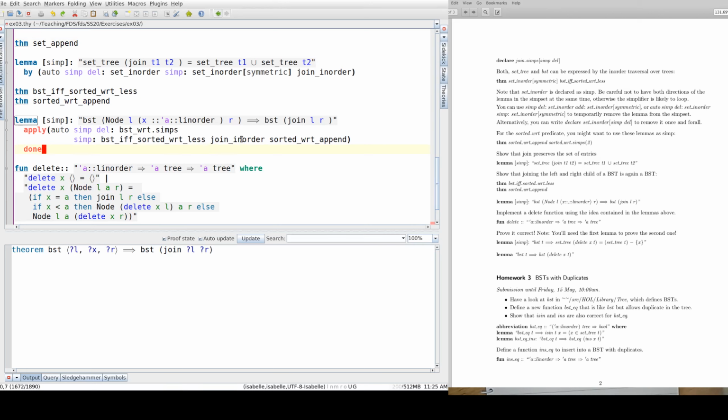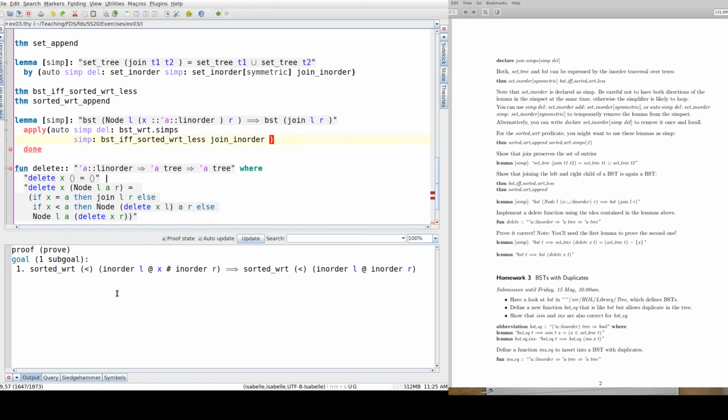We have also another one. Let me just go one step back. If we actually apply this lemma to that hypothesis, what we will get is that the whole thing here is sorted, and everything in that whole thing is greater than that. Notice that this highlighted thing is different from the in-order of R, but because in the library we have